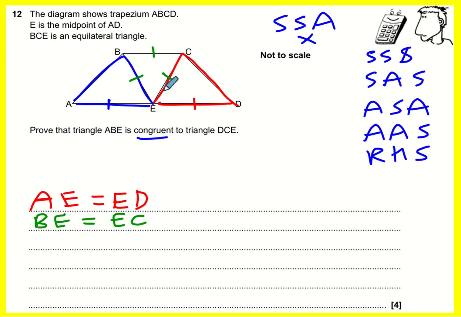The other one we could look for to see that these 2 are the same. And that's going to be our play, basically, because one thing I've not added is that this is 60, this is 60, and this is 60. And furthermore, we've got alternate angles going on. So this is also 60. And we've got a backwards one over here. This is also 60. So I can say that angle AEB